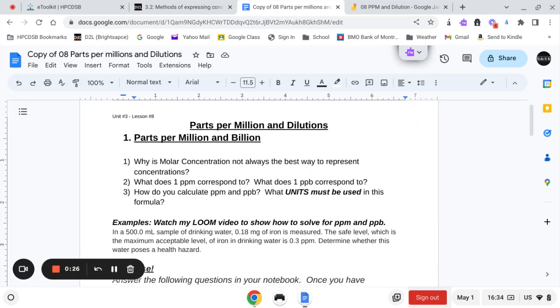And you're going to use that main resource note and work your way through two sections of the note. So there'll be parts per million and parts per billion. Parts per billion is not as common as parts per million, but this is another way of representing concentrations. And this tends to be for concentrations where the solute is very, very small. Okay, so it's very diluted concentrations where there's not a lot of solute, but